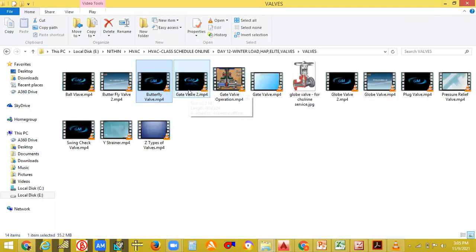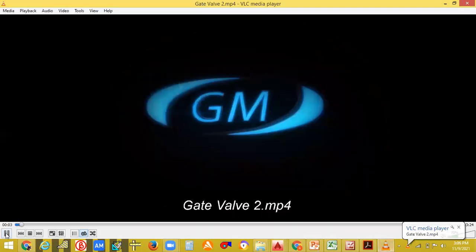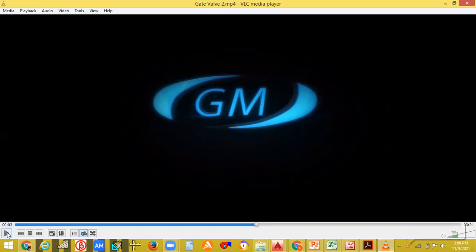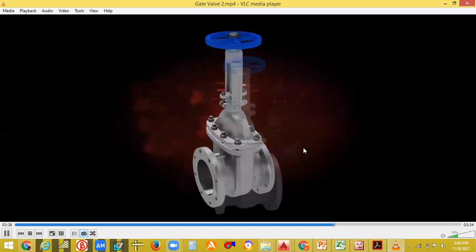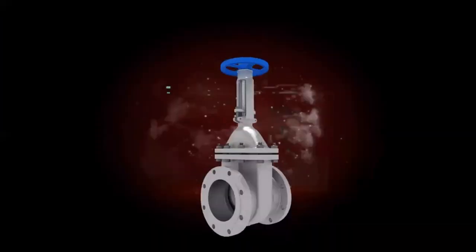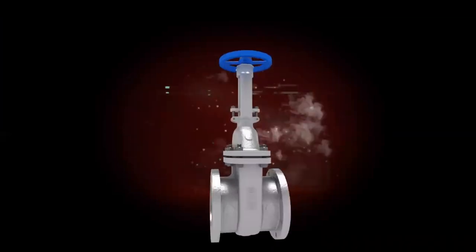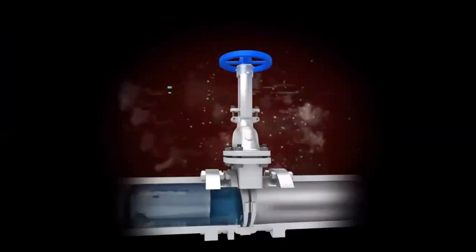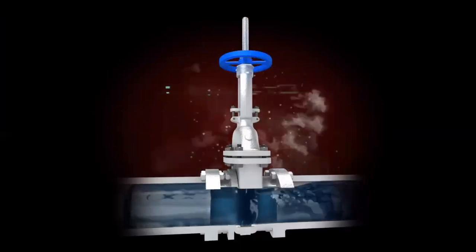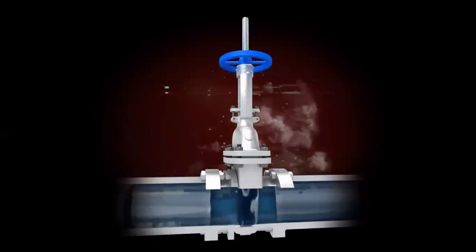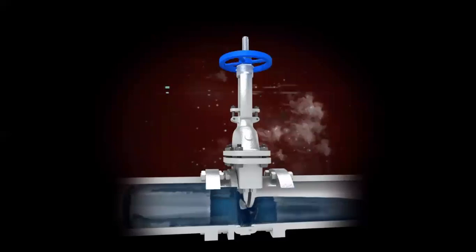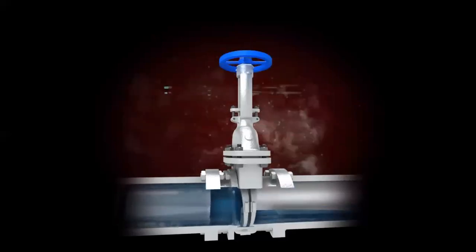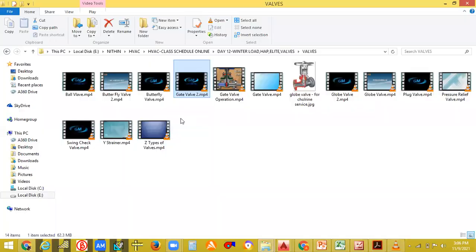Now we can see the gate valve. Now the gate valve is over.